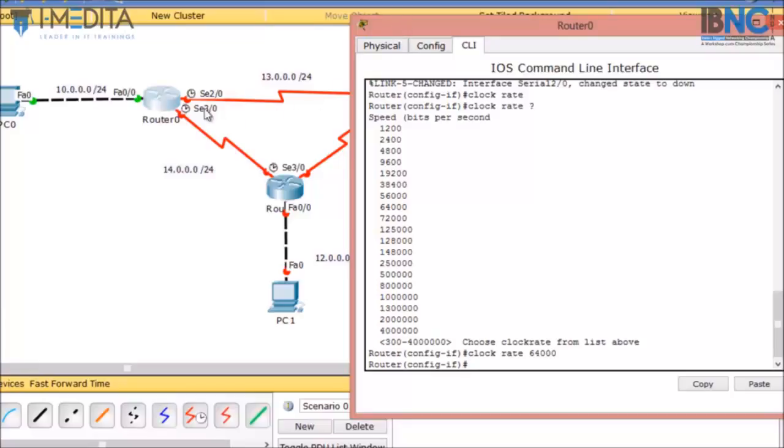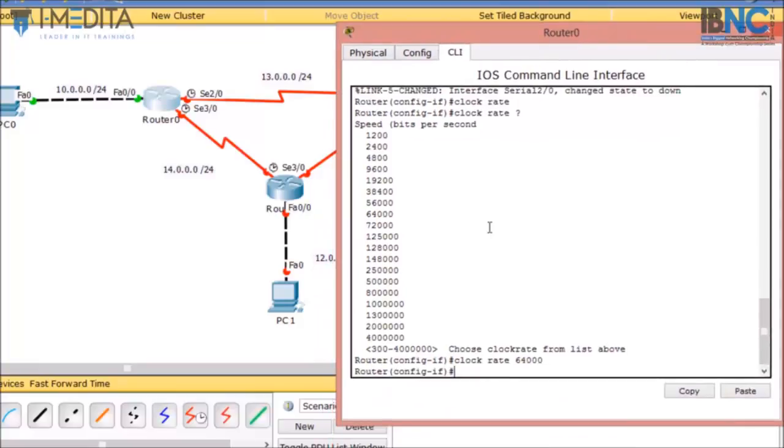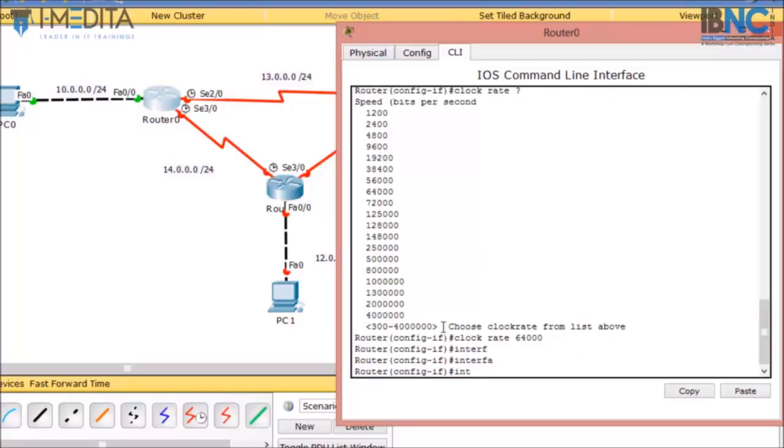So as you can see, the port is still red. It is because we have not configured the other end of the device. So now we will configure the interface. We don't actually need to write the exit command and then go to interface. We can directly go to interface by typing interface